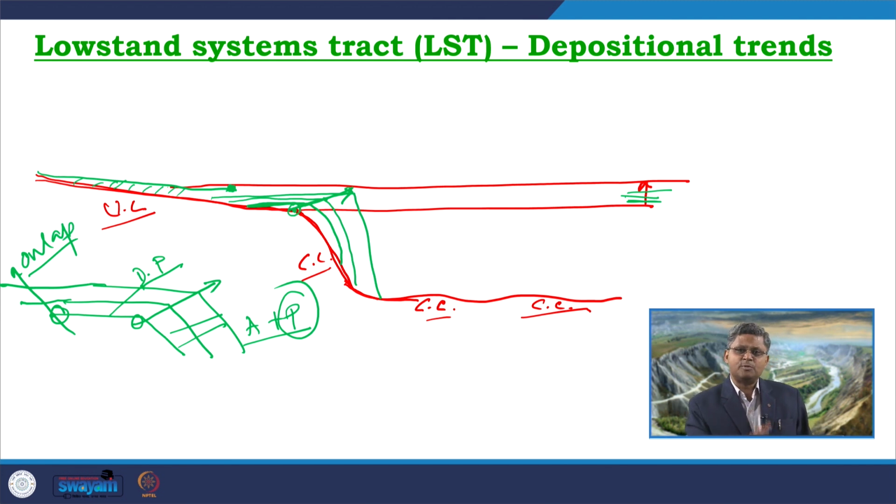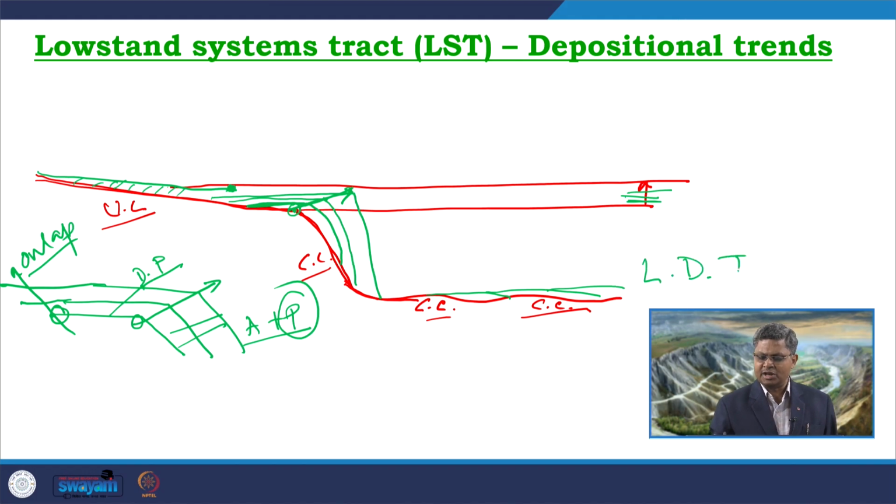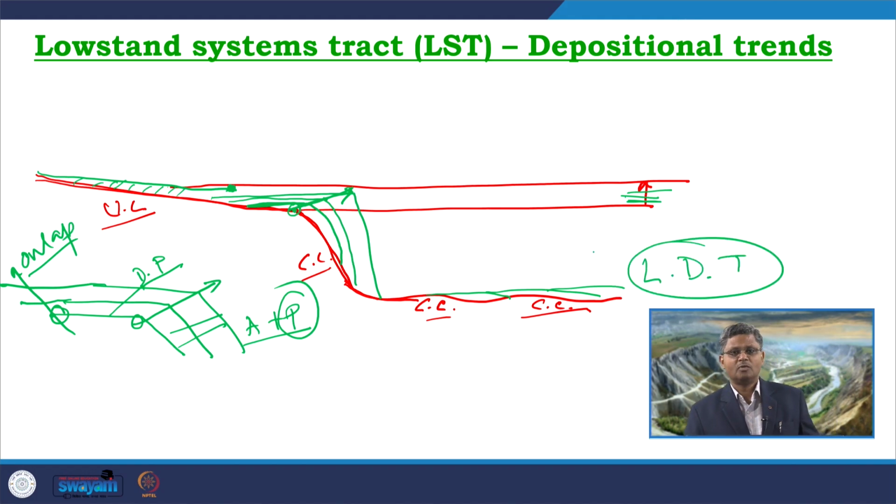Along with these deposits which are occurring along the shelf area, within the shelf edge area, we can also get some deposits forming in the deep marine part in the form of low density turbidite deposits. So, again a mass flow deposit, but these are low density turbidites which are again dominated by sand. So, sand dominated low density turbidite deposits will be forming in this part, in the deep basinal part.